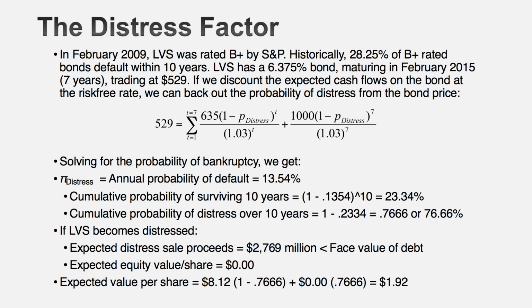So think about it. I know the price of the bond, I know the promised coupons, I know the risk-free rate. I solved for the likelihood that the company would not make it. And given the price of the bond, which was a tremendous discount on par value at the time that I did this valuation, the bond market was telling me there's a 77% chance that Las Vegas Sands will not make it. Now step back. There's a 23% chance that Las Vegas Sands will make it as a healthy company. The value per share that I get of $8.12 from the previous discounted cash flow valuation applies in that 23%.